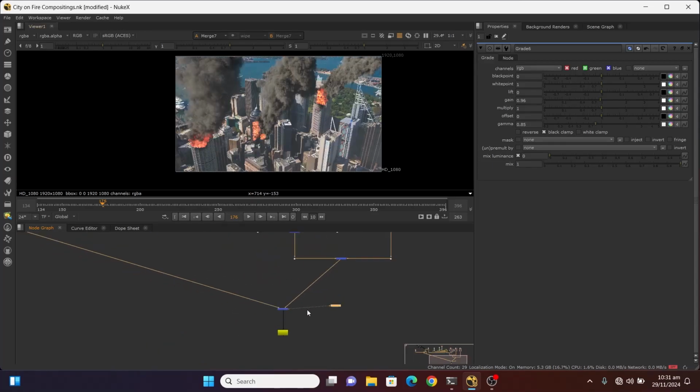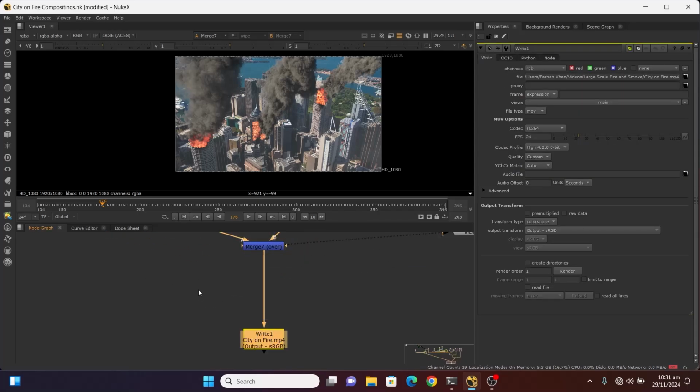So guys, our effect is ready. Then I add a write node for exporting this to disk. In the write node I add a path where I want to render it. Then I change my codec to H.264, frame rate, my FPS is 24, codec profile I change it to high, quality to best, and make sure